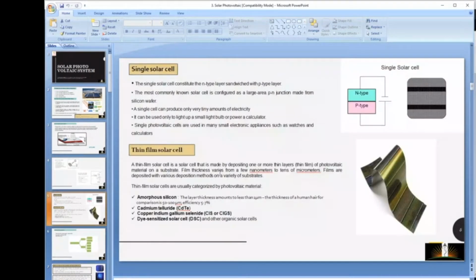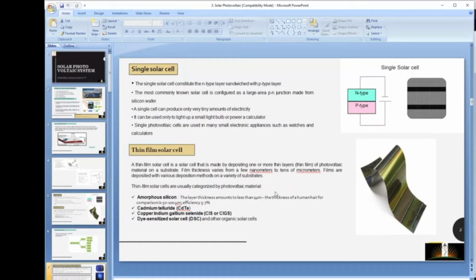A single solar cell, as we said, is basically nothing but a PN junction diode, and solar cells have three types. One is monocrystalline in terms of formation. If we form it from a single semiconductor crystal, it is called monocrystalline. From multiple crystals, it is called polycrystalline, where you can see the differences. In polycrystalline, there will be patches. If you look very closely at a polycrystalline cell, you will see patches. Monocrystalline will have uniformity.